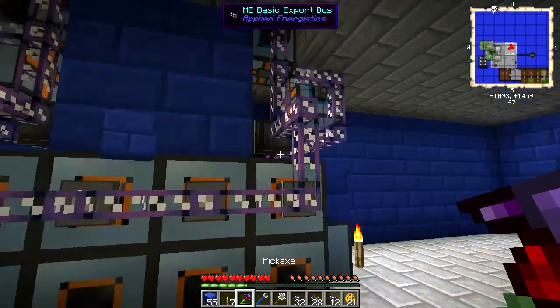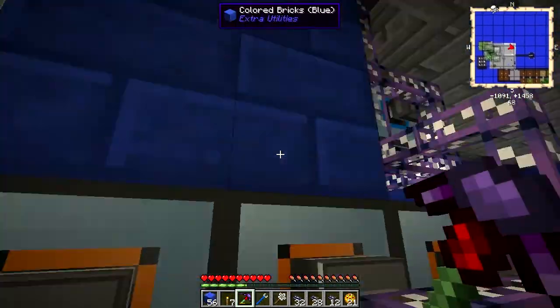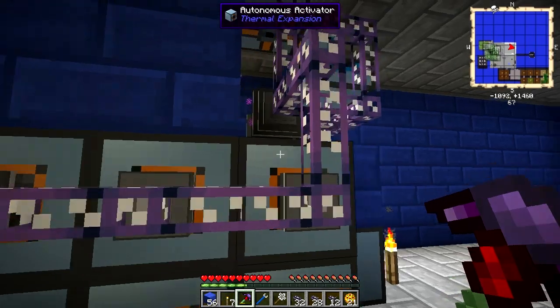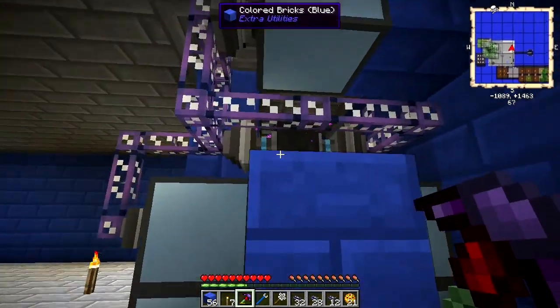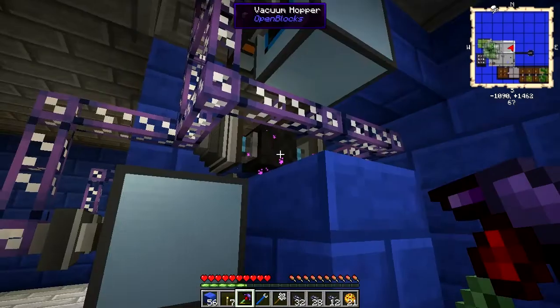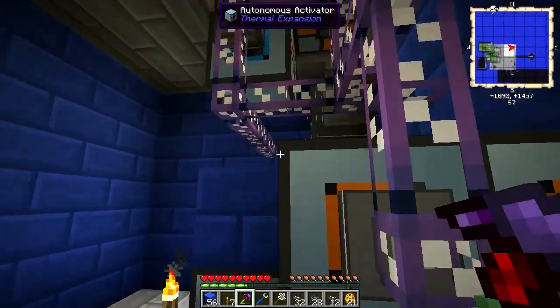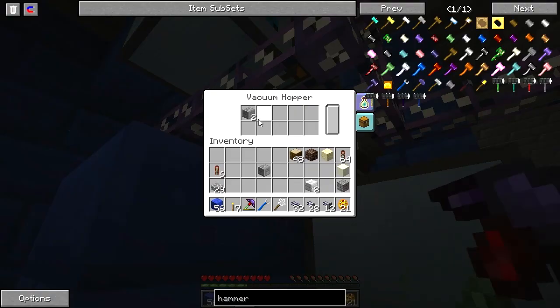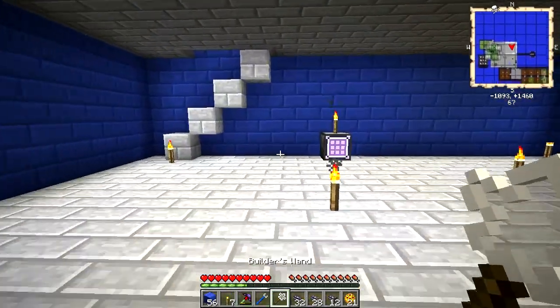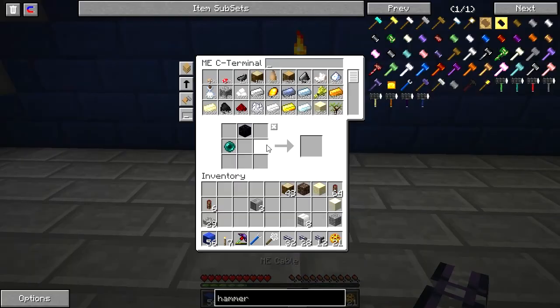I'm going to have to come and check at some point to make sure that it is, and clearly the vacuum hoppers are working. Grab anything that's in the vacuum hoppers right now. Good. And good. Now, before I connect those to the network,